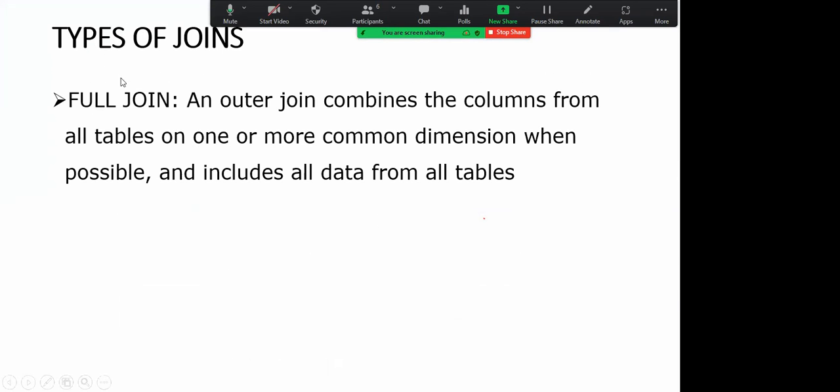So let's go to the next kind of join, the full join. The full join is also called the full outer join, so they both mean the same thing. The full join combines the columns